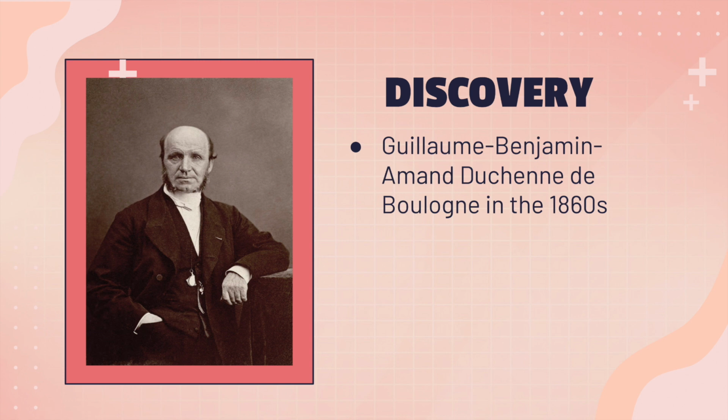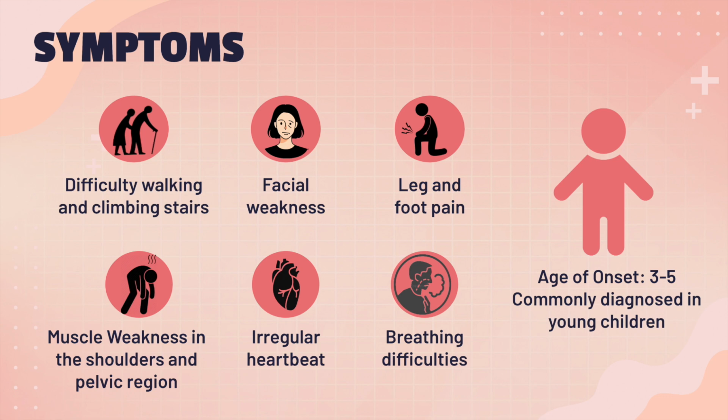Let's take a deep dive into what makes this disease unique and how we can respond to it effectively. Some of the first things that patients afflicted with the disease may notice include difficulties with walking and rising, abnormal clumsiness, and other types of weakness in movements of the shoulder and pelvis regions. They may also experience difficulty with climbing stairs, walking on their tiptoes, some leg pain, and facial weakness. Generally, the age of onset for DMD is around 3 to 5 years old. As the condition progresses, it can start to affect muscles responsible for breathing and the cardiac muscle tissue, resulting in breathing difficulties and an irregular heartbeat.